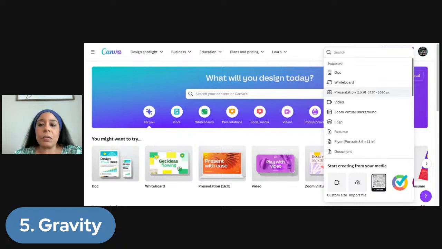And this is what's so cool about Canva: you can save and exit, and you can copy this link. I'm going to save and exit. And here's the video link, by the way, so you can see it.